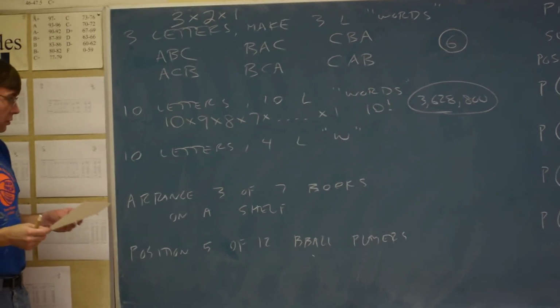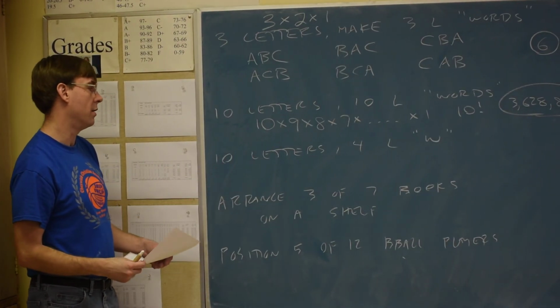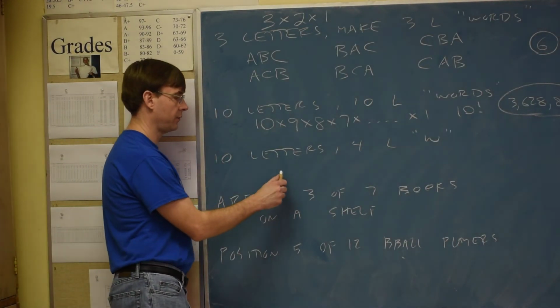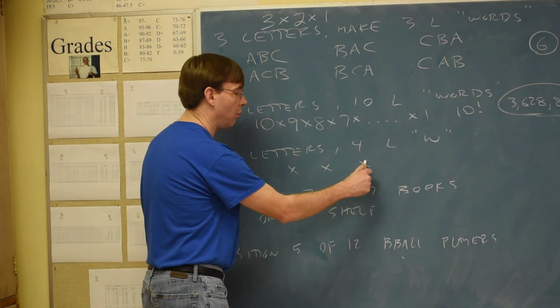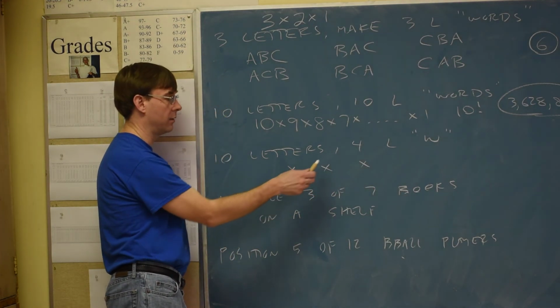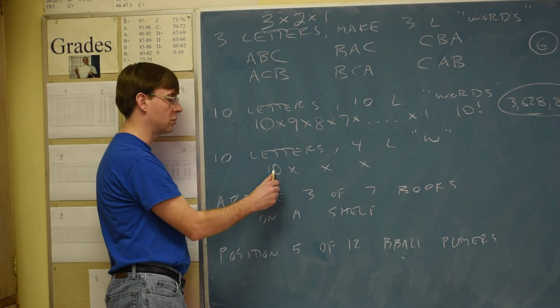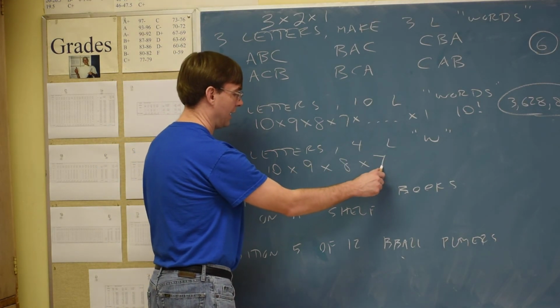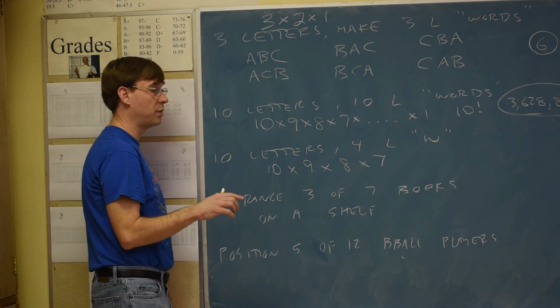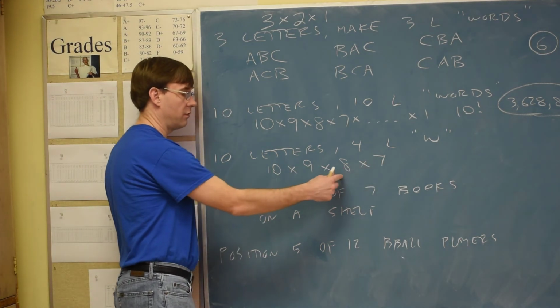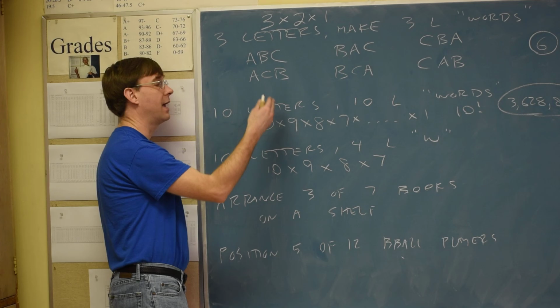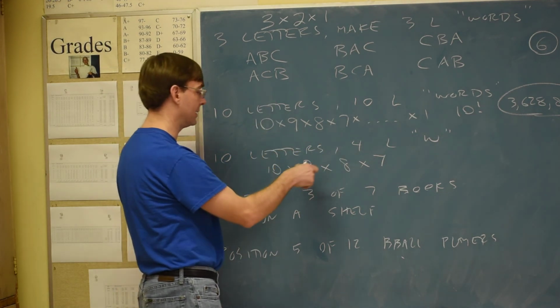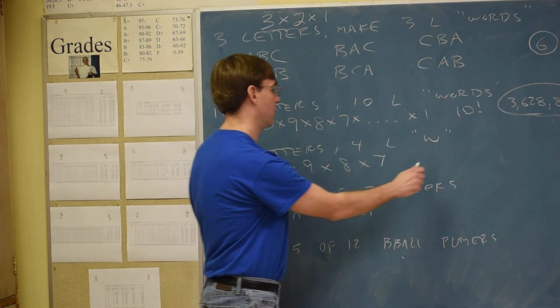If I want to do a 4-letter word with my 10 letters, I would need to multiply 4 numbers together. My first letter is 10 choices, then 9, then 8, then 7, and we could just punch that in. I have 4 numbers here for my 4 letters, starting with 10 to choose from and going 10, 9, 8, 7. So that's going to go